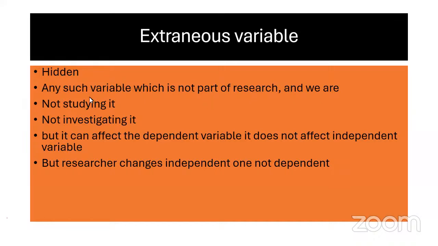एनी सच वेरिएबल विच इज नॉट पार्ट ऑफ द रिसर्च एंड वी आर नॉट स्टडिंग इट, हमने उसको एड्रेस ही नहीं किया, जहन में नहीं आया, नॉट इन्वेस्टिगेटिंग इट, हम अपनी इन्वेस्टिगेशन लिस्ट में उसको कर ही नहीं रहे। बट इट कैन अफेक्ट द डिपेंडेंट वेरिएबल, इट डज नॉट अफेक्ट द इंडिपेंडेंट वेरिएबल। मजे की बात यह है, ड्रग दिए जा रहे हैं, हेडेक ठीक नहीं हो रहा, कोई एक्स्ट्रा चीज है जिसको हमने जहन में नहीं लाया, एड्रेस नहीं किया अपना रिसर्च प्रपोजल बनाते हुए। बट रिसर्चर चेंजेस इंडिपेंडेंट, नॉट डिपेंडेंट।